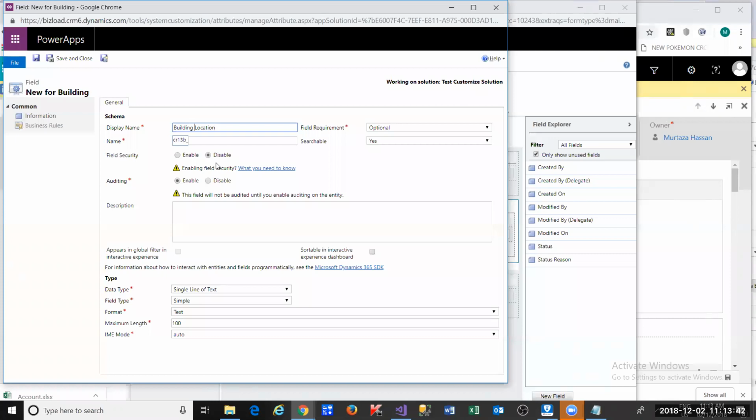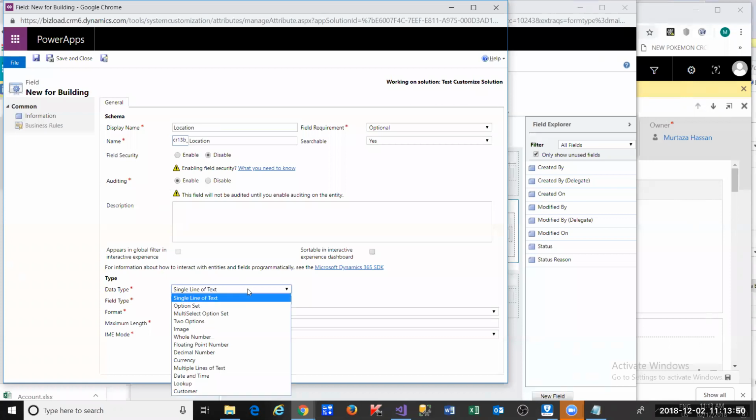Well, actually, we'll just call this location. We'll just leave this as a single line of text data type, and we'll just leave it as default fields here. So if we click on save and close,